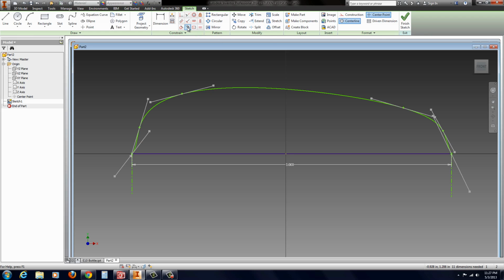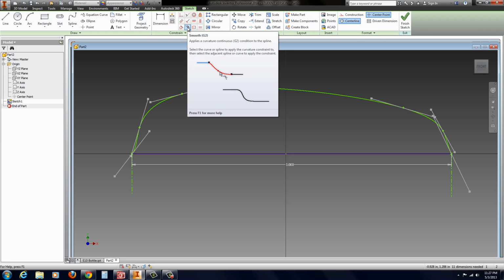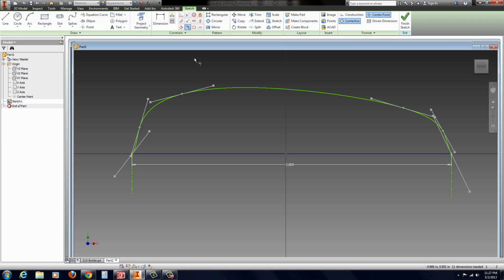Okay, now find the smooth G2 curvature continuous spline constraint. We're going to go ahead and select the curve and then the dashed line there, the center line. Do the same over here. You'll see it will smooth out those transitions. So when we mirror it over, it's going to be a nice curvature continuous